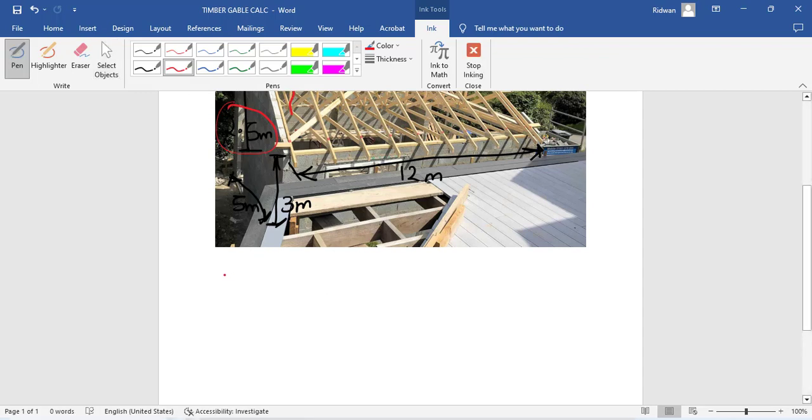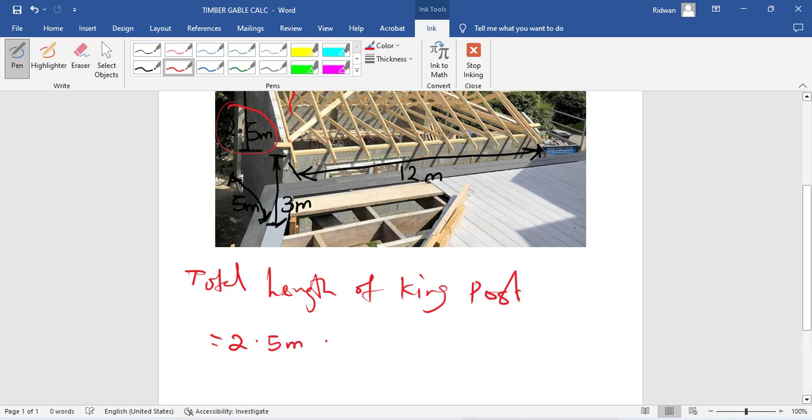Okay, so I can say that the total length of king post will now be equal to the height of the building, which is 2.5 meter, multiplied by the total number of king post, which is still the same as the total number of tie beam, which is still the same as the total number of truss, and that is 17. Okay, so the total length of all the king posts is now